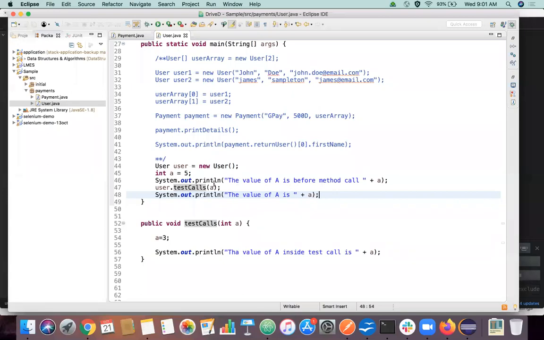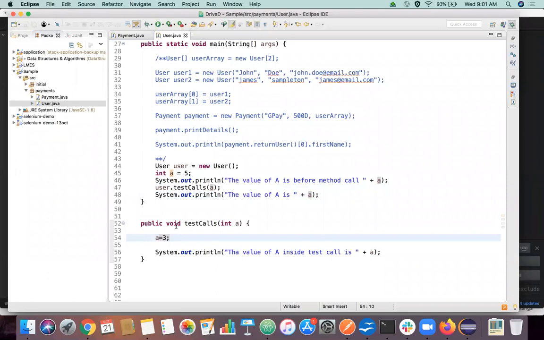So the point being here is that the value which you pass here, and whatever manipulation you do here, doesn't have any effect over the initial value initialized in the caller method. That's the whole point. For the sake of simplicity, I just wrote static here. Just forget static for now.